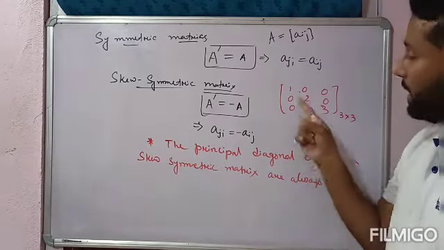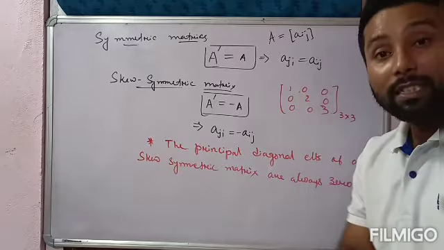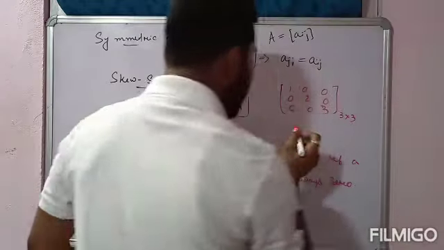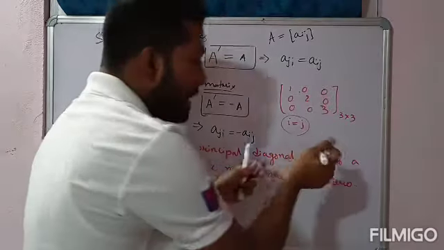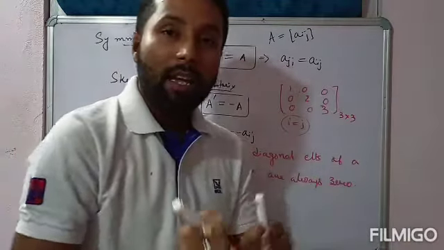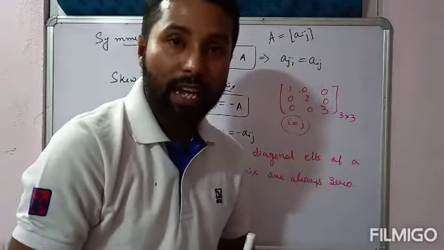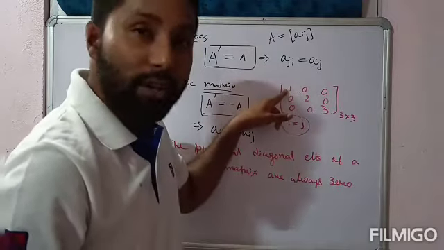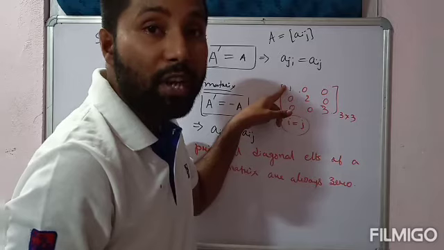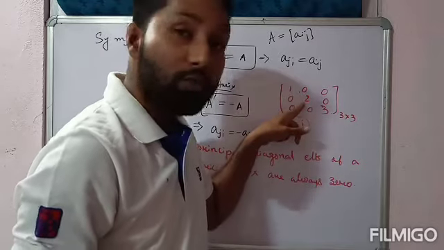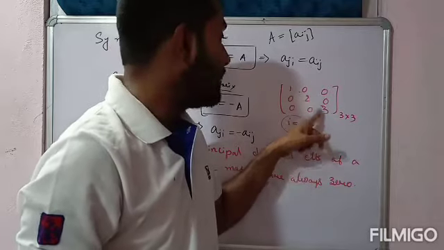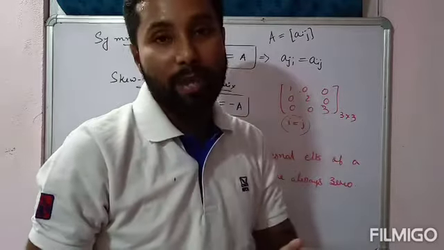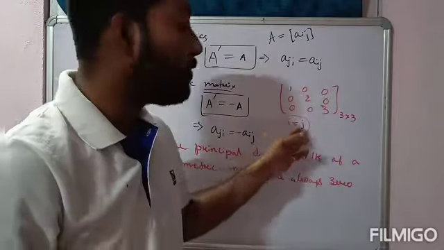Yes, okay. Why are these called diagonal elements? Because the condition of a diagonal matrix is i is equal to j. Yes or not? i equal to j always has non-zero elements. For i equal to j, the value of a11 is 1, the value of a22 is 2, the value of a33 is 3. So these are what? Non-zero elements. And this is a condition of diagonal.